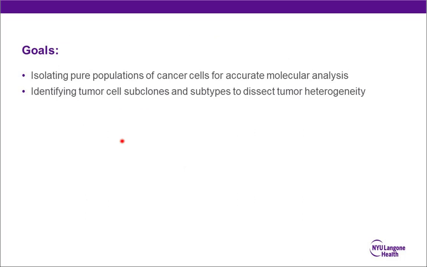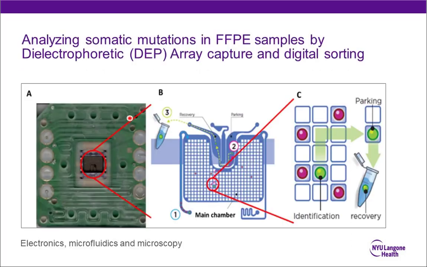So the goals that we set were: how do we isolate pure populations of cancer cells for accurate molecular analysis? And in addition, how do we identify tumor cell subclones and subtypes to be able to better dissect tumor heterogeneity? There are other webinars with details on DEPArray technology, so I don't want to spend too much time on that, but just for those who are new to the technology, I want to emphasize